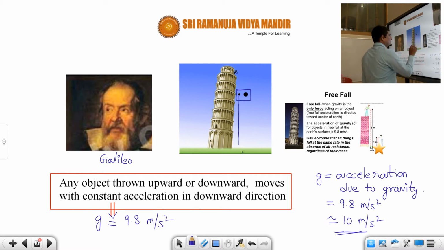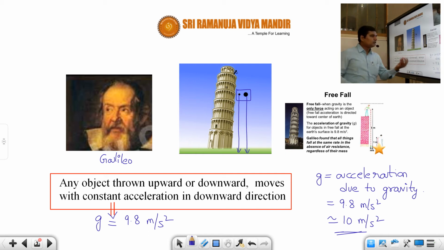Now both of them, it is not that since the heavy mass is having large mass, it will fall first and the small object which is having small mass will fall afterwards. No, when he did the experiment, he found out that both the masses, whether the mass is 1 kg or 10 kg, doesn't matter, both of them will fall at the same time. That means both of them will experience the same acceleration.